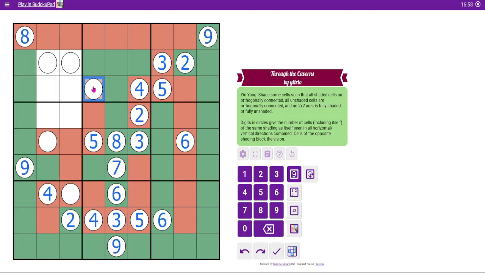This square here can see either 3, 4, or 5. It cannot be 4 and 5 based on these two squares, so this needs to be a 3, which means this one is green. We cannot have this checker pattern again, so this is a green square. And now